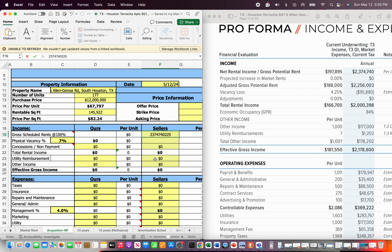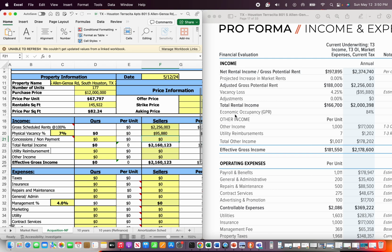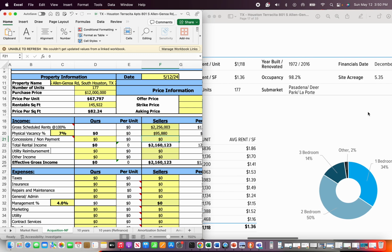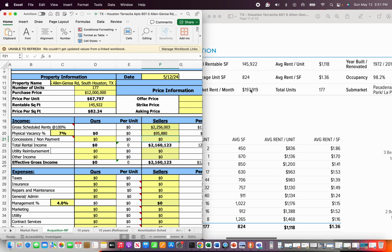So let's say 2256003. I guess they're using this 2256003 as a loss to lease, which is what's projected. I don't know where the difference is coming in there, but and then they got the vacancy 95880. Concessions, economic occupancy. Okay, maybe that's where that's coming from, the difference between those two things. So there's some weirdness, because they're saying that the economic occupancy is 84%,